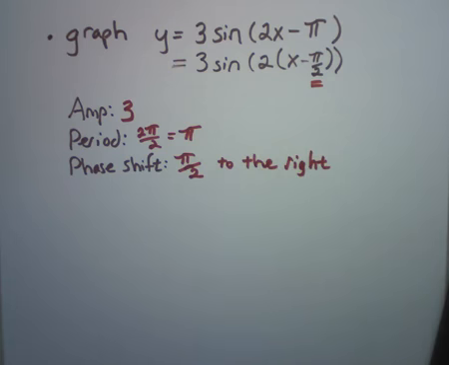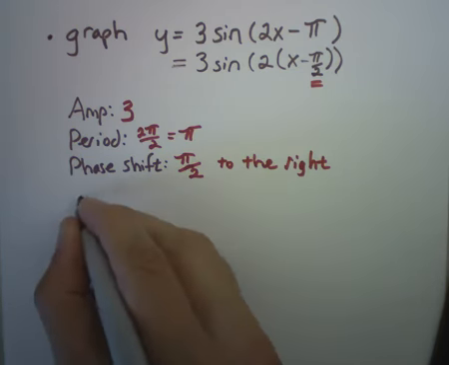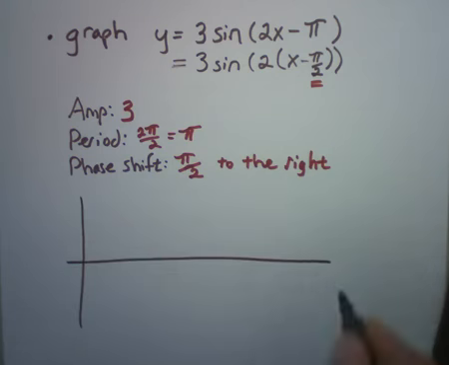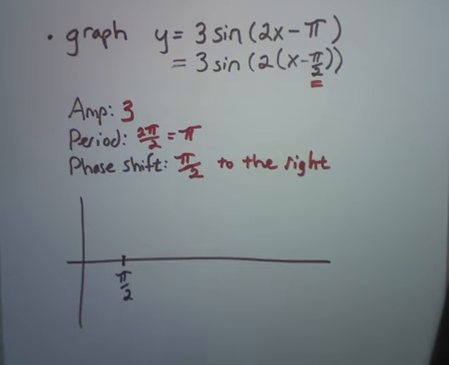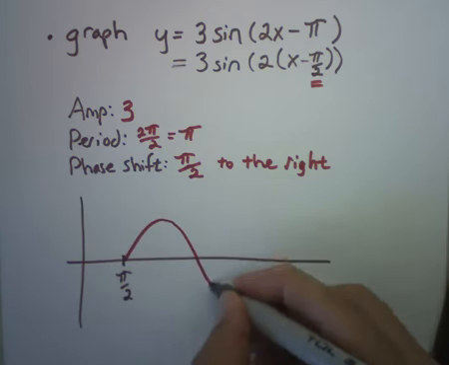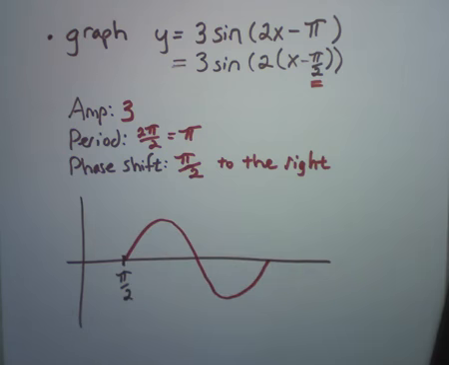Okay, so we're talking about a sine function with no vertical shift, and it has these 3 other transformations. So we should be able to just pretty much draw that. Okay, so the phase shift is pi over 2 to the right, so I am going to start my sine graph at pi over 2. And really, at this point, knowing it's got no vertical shift, I can pretty much just say it's basically going to look like that. That's one period of sine. I just need to get the right numbers attached to the scale here. So if the period is pi,